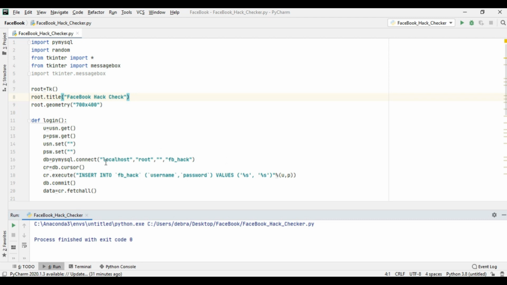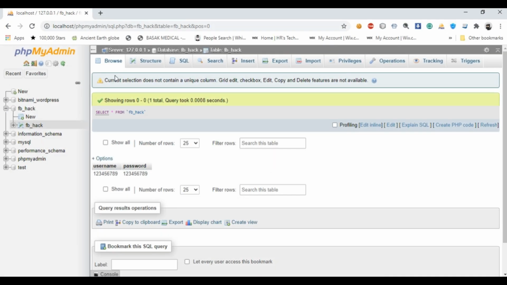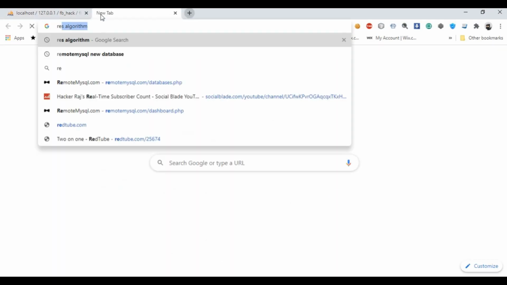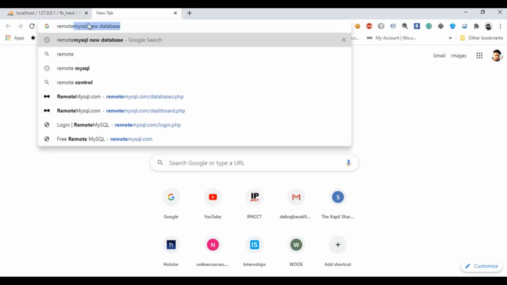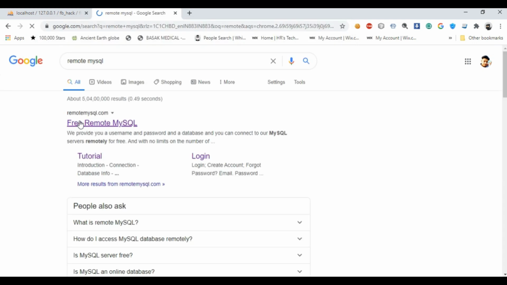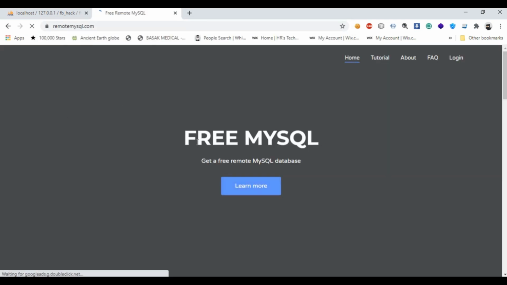So in this case, where I am using the local host, you also can use remote MySQL for getting the data remotely. So here will be remote MySQL, here will be the username, here will be the password, and here it will be the database name. So you can create, I'm showing you, this is a free remote MySQL.